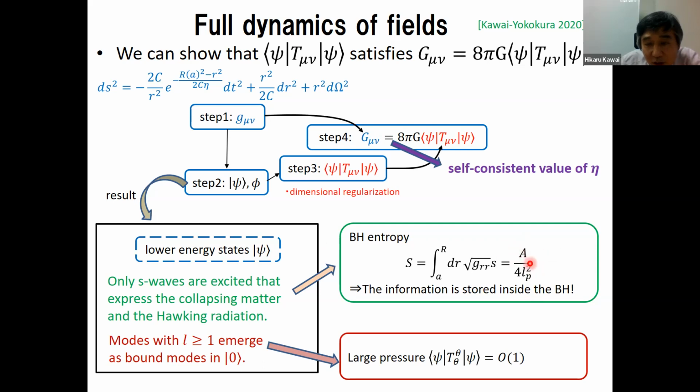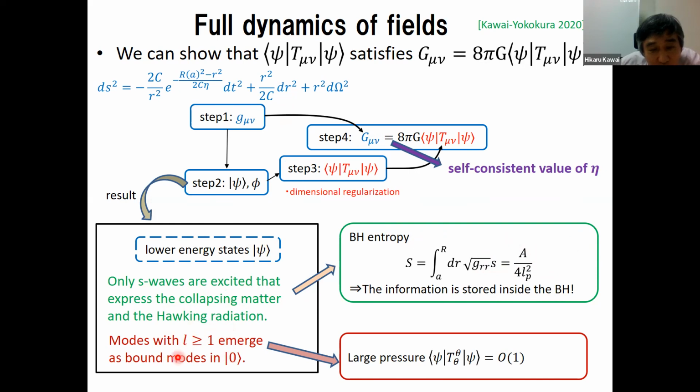So in the ordinary picture, entropy is around the horizon, but in this picture, entropy is distributed along R, but the total entropy is the same as the area. And also for the modes with large angular momenta,